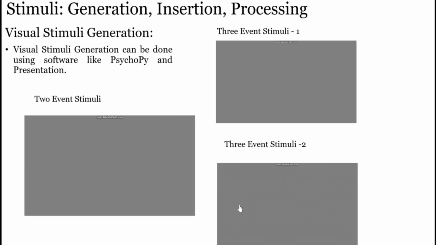I'll play the other video. In this video, instead of a square box, we are using a ball or circle, which is a standard component used in visual evoked potentials, and we are again using the checker box. In this case, two blue balls of different sizes have been used, whereas here two different colored balls were used. I'll play this video for some time, and then we will see the actual generation of stimuli using PsychoPy.